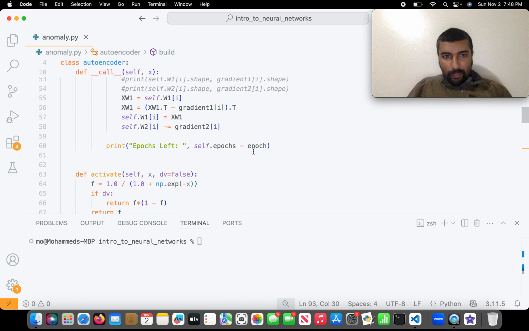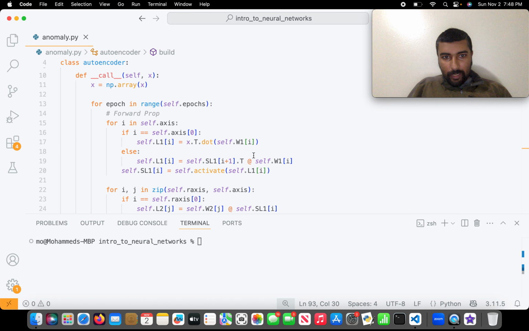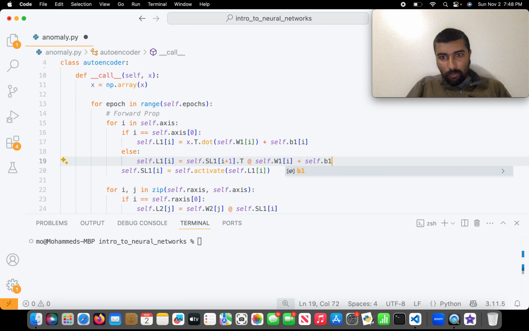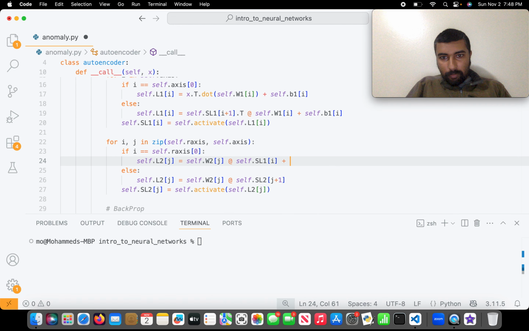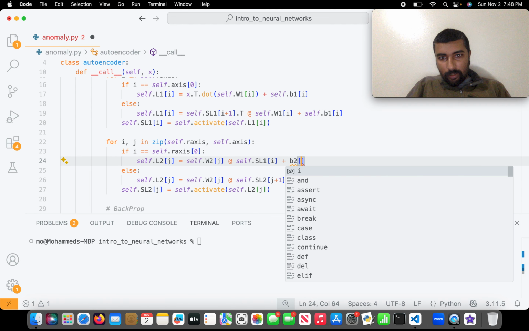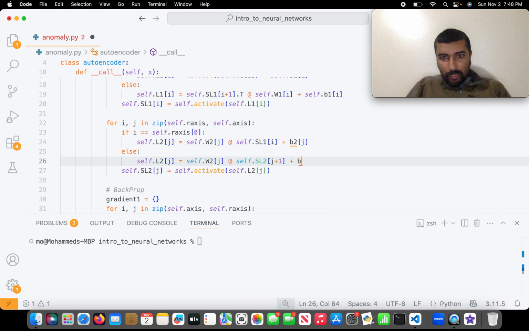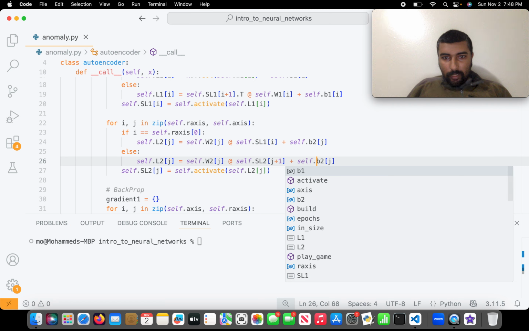So now that we have that, I'm going to come back here to the training, and I'm going to do plus self.b1 of i, and this also plus self.b1 of i. And then over here, plus b2 of j, almost caught myself, plus self.b2 of j. Yeah, self.b2. Okay, so